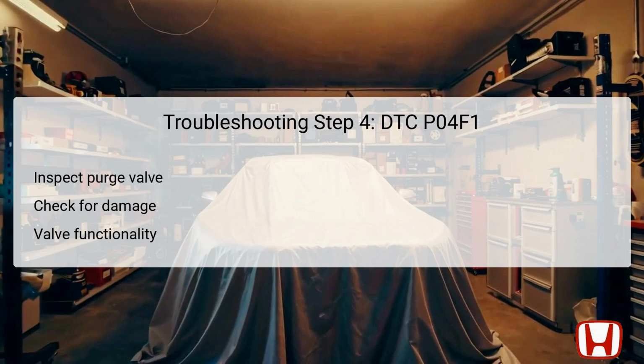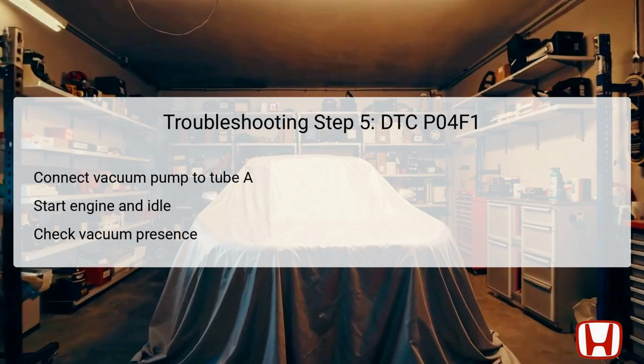Effective inspection of the valve involves visual cues like cracks, breaks, or corrosion. Ensuring that the valve operates correctly is paramount, as a defective valve will lead to recurring issues reflected by the DTC. When initiating the fifth troubleshooting step in resolving DTC P04F1, connect the vacuum pump and gauge to purge tube